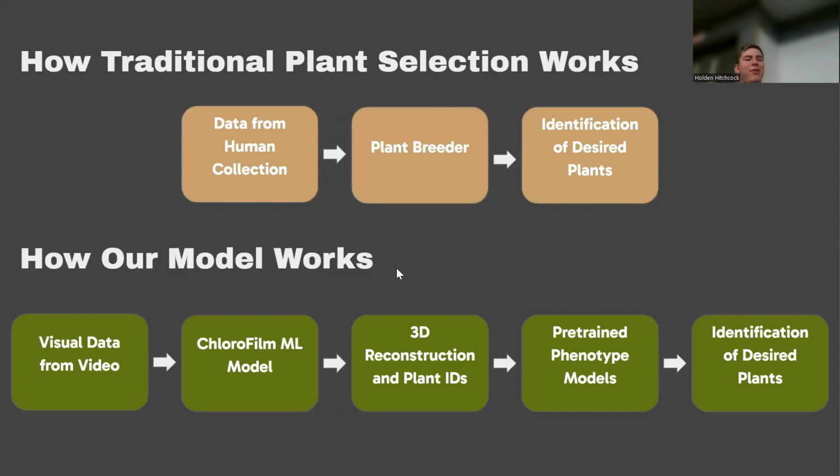While traditional plant breeders use data from human collection, which is then processed by a human, our model relies on visual data from video, which is then passed to our machine learning model. This produces a 3D reconstruction and extracts some preliminary data from the video. This information is then refined in the phenotyping model, which identifies desired plants. The model